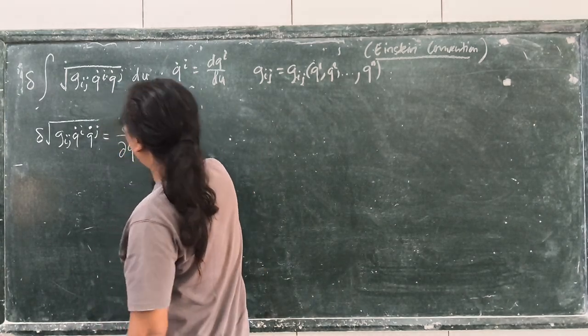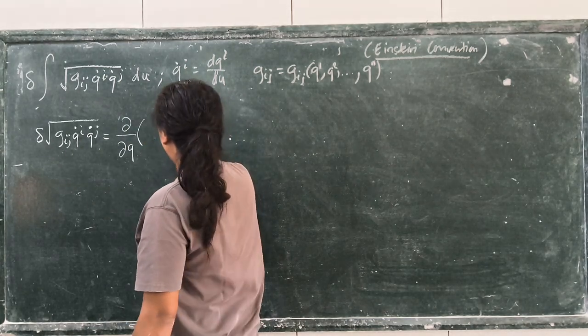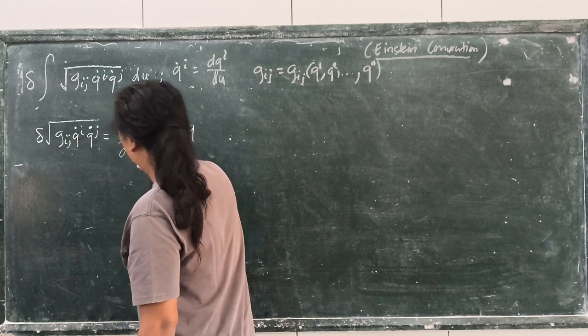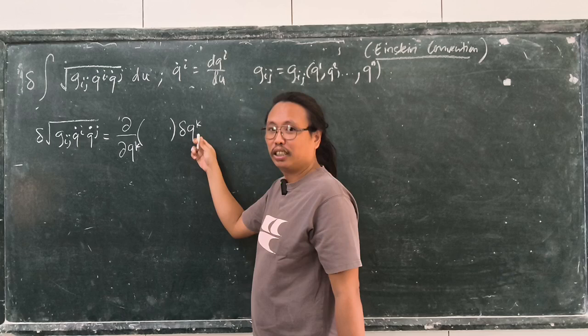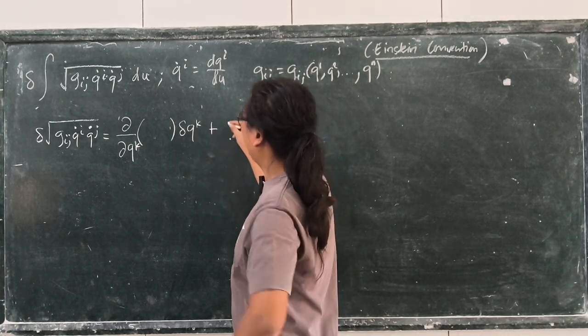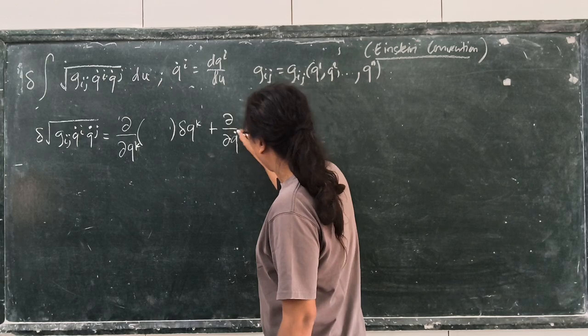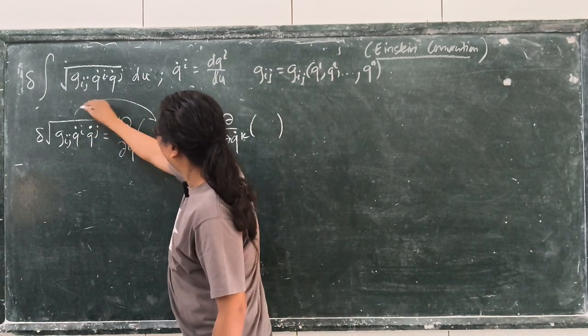Partial over partial of this one, delta Q, I'll use K, plus partial over partial Q dot K of this thing here,